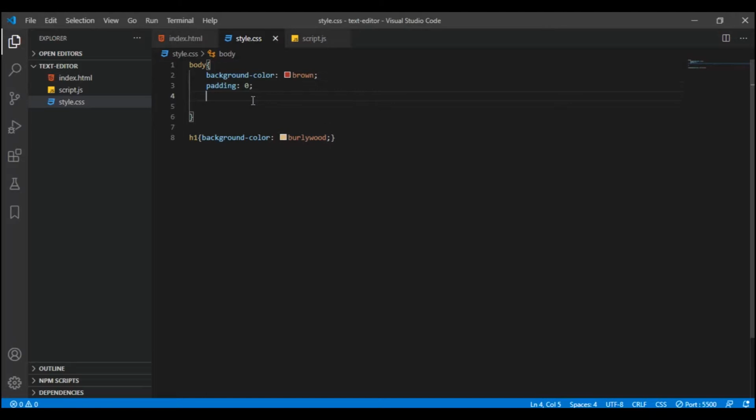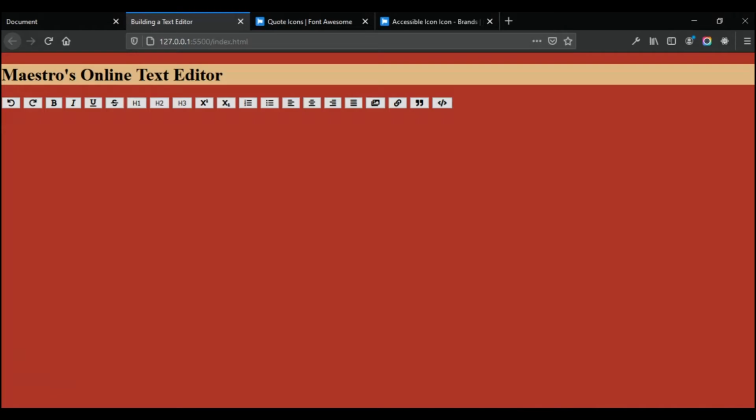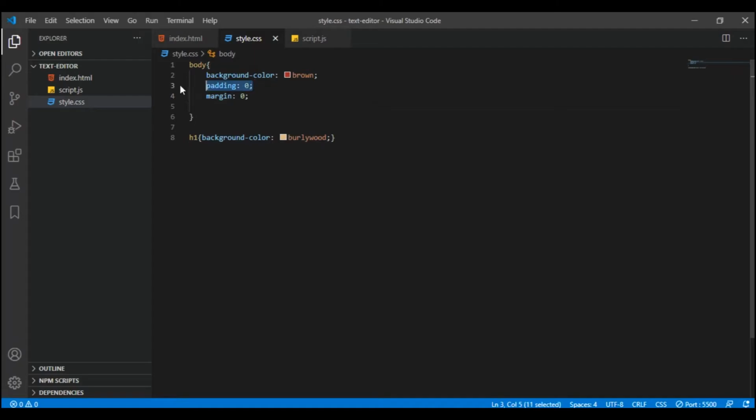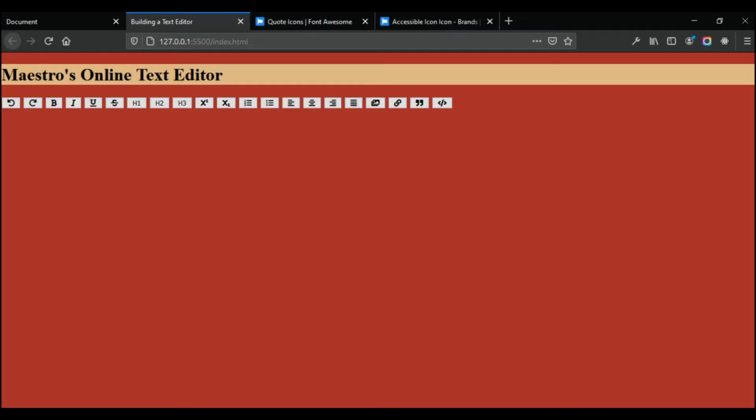Okay, what about margin? Let's see if that works. Margin 0. Okay, margin works. I'm going to remove the padding option then. Alright, so things are